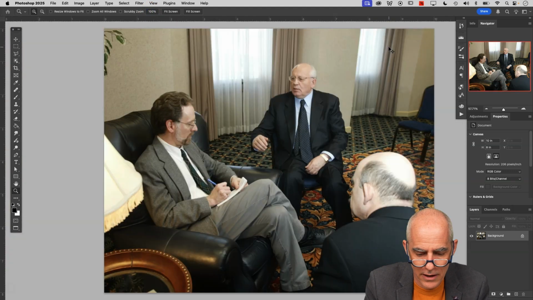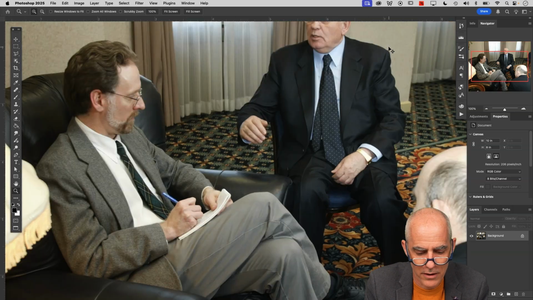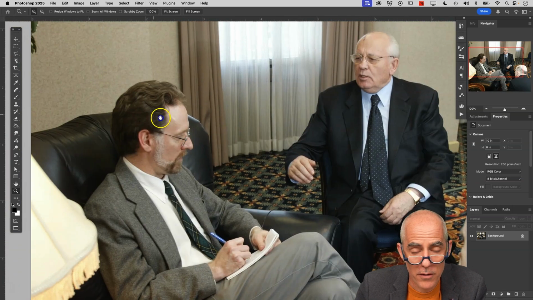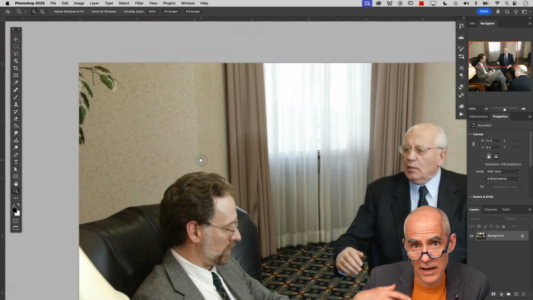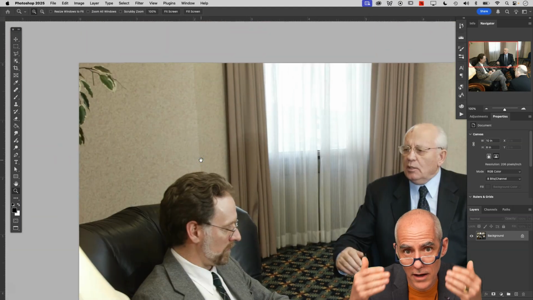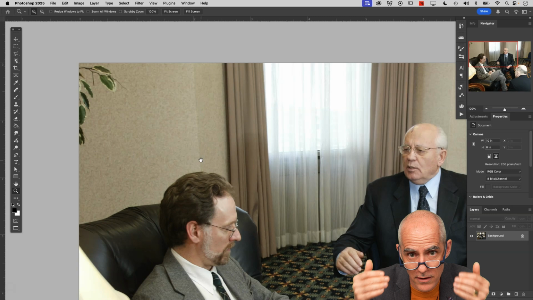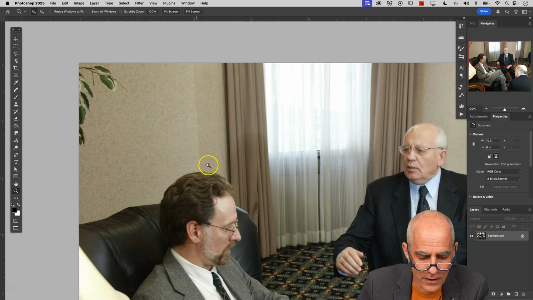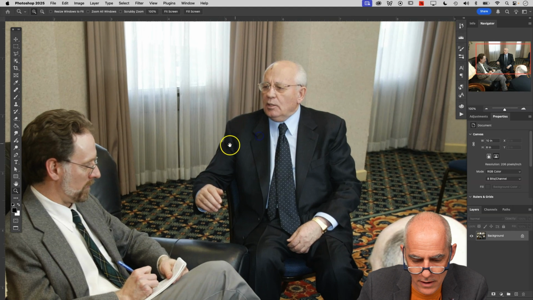The other option I have there is that I can just hit Command 1. That will also go into 100%. So now I'm viewing it on my screen at 100%. That means that every pixel in the image is a pixel on my screen. It's showing me all the data. It's not shrinking it down so that it can't show me all the pixels. It's showing me everything that's there, and now I can zoom around and see,